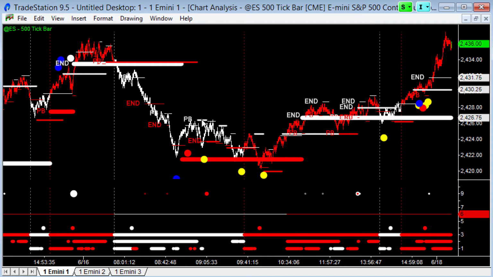You can see all of these resistance and support levels on a couple of different time frames. We're batting backwards and forwards, and then we break out of this cyclical pattern into trends. So up here we've got a whole bunch of little cyclical patterns. We're batting backwards and forwards in between those, and then we break out of the support into a trend move down here. So the beauty of Better Sine Wave is it's got these cyclical components that break into trending components, and what you're trying to do is to catch a trend move.